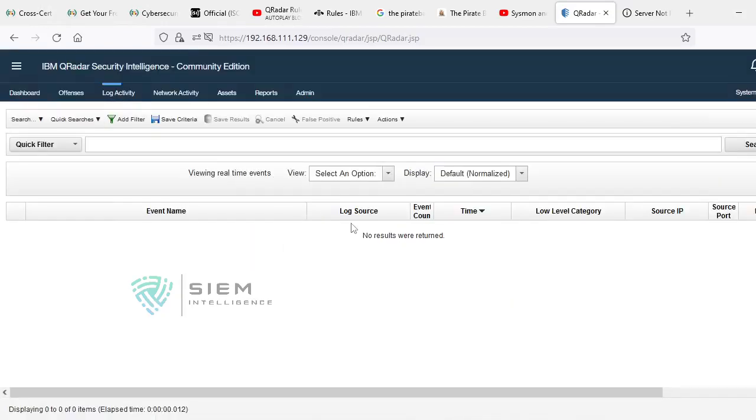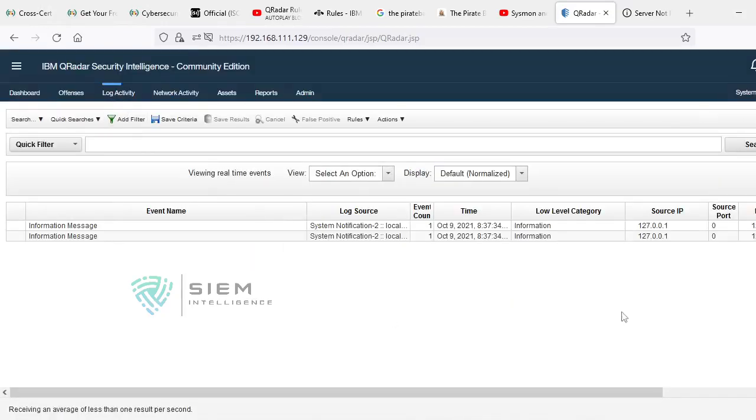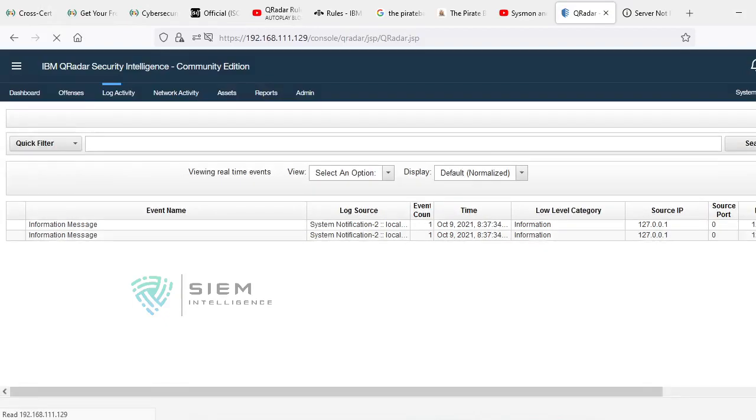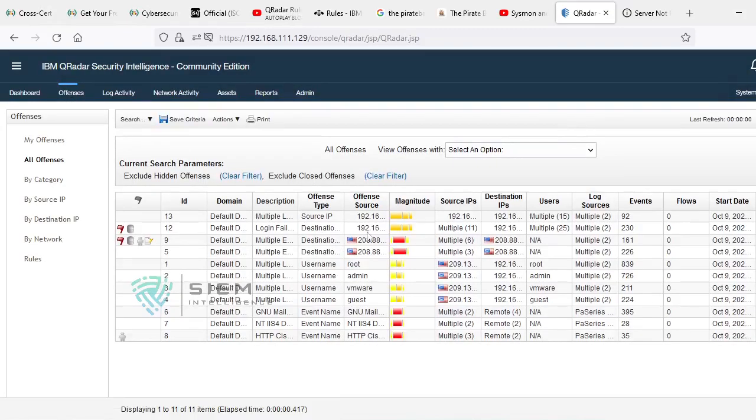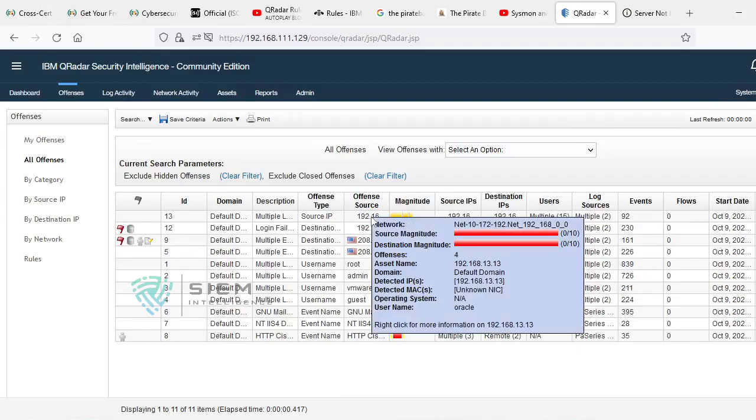See, in log activity, if you mouse over here anywhere, or in the older logs, or I'll show in offenses, some of the offenses. If you mouse over here, it is giving some network on the top itself. It is some name.